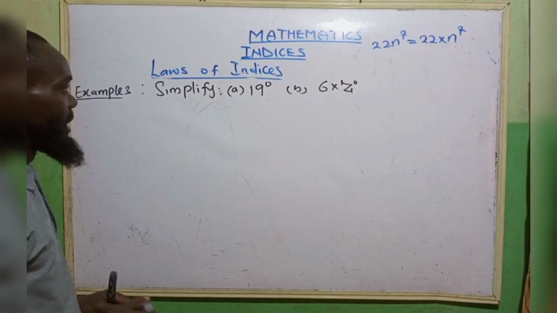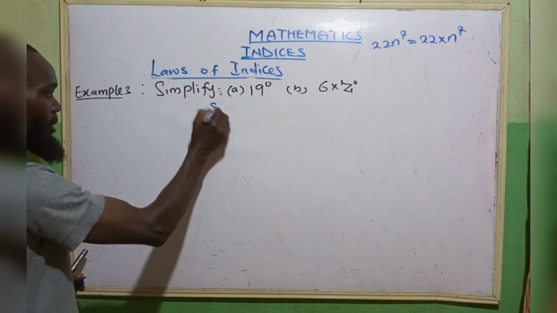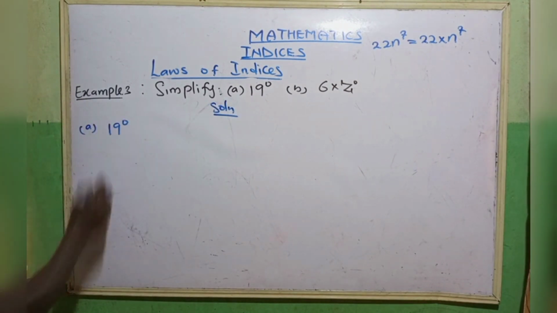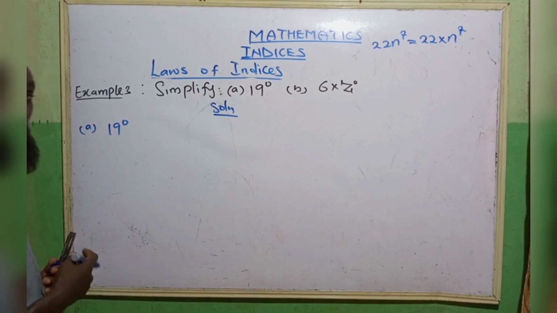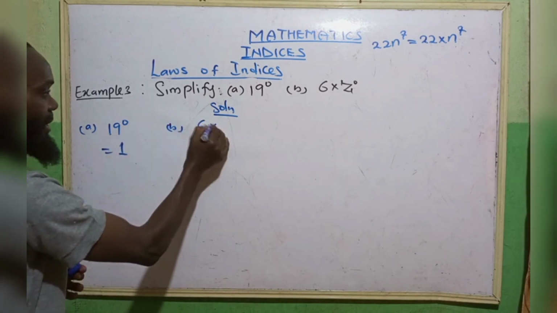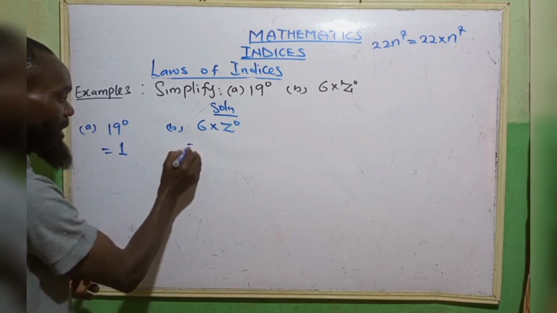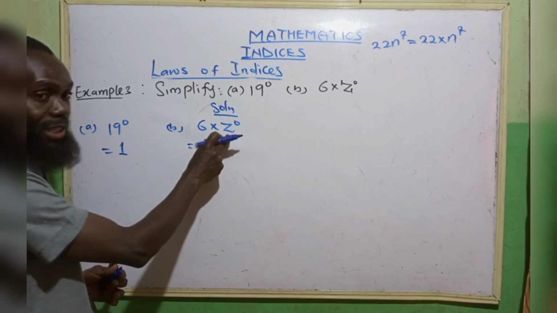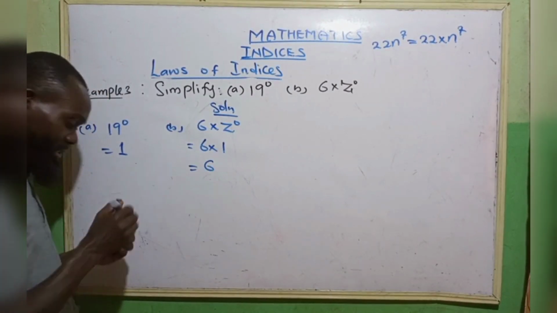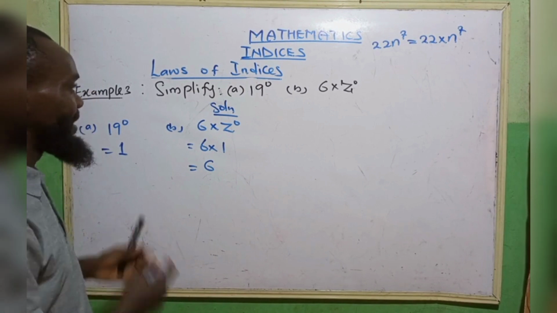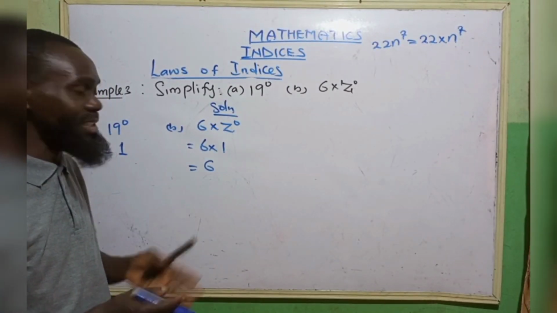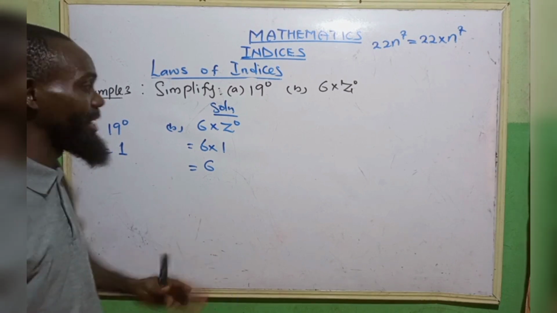Example 3. Simplify the first one. 19 raised to power 0. We know from the law of indices that anything raised to power 0 equals 1. Our answer here is 1. Question B. 6 times z raised to power 0. That is 6 multiplied by z to the power 0. Z to the power 0 is what? 1. 6 times 1, we have what? 6. So, this is the application of the first, second, and third laws